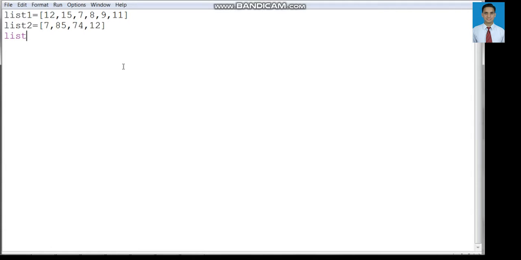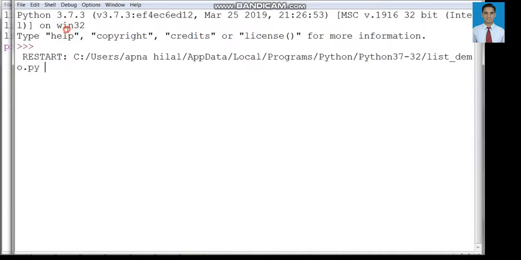We want to extend list 1, in other words, at the end of list 1 we want to add another list. For that purpose, we will extend list 1 with list 2. So the new elements of list 1 will be 12, 15, 7, 8, 9, 11, 7, 85, 74 and 12. Let us print list 1 and see the output. We will save it and run it. This is the output. This is the extend method. We have extended list 1 with list 2.